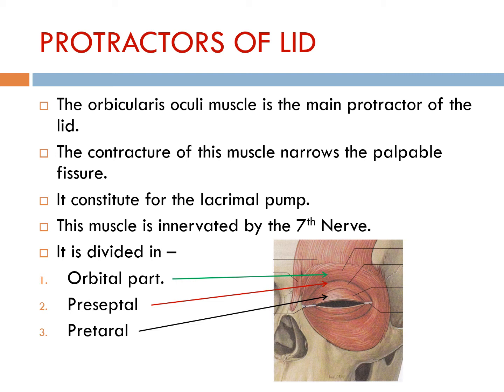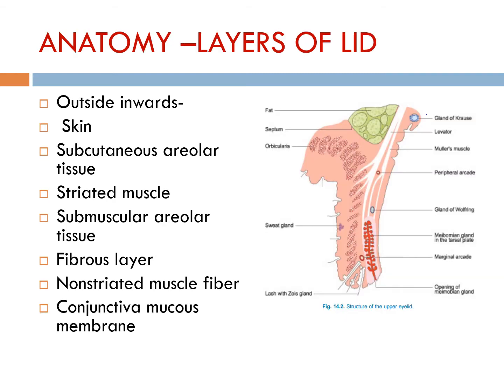At the eyelid margin, a specialized bundle of striated muscle fibers, the muscle of Riolan, lies more posterior than the orbicularis and creates a gray line. It may play a role in propelling meibomian glandular discharge, blinking and positions of the eyelashes. So it is divided into orbital part, preseptal and pretarsal part.